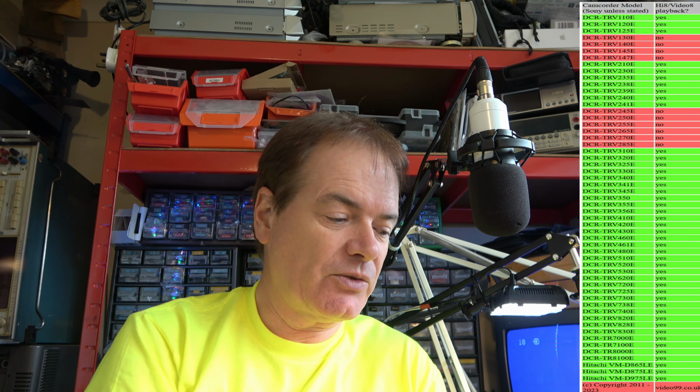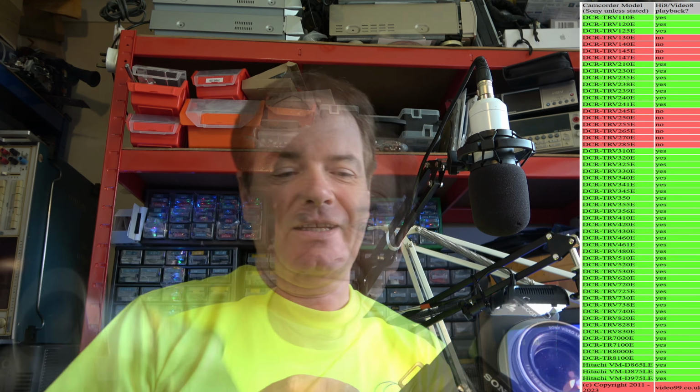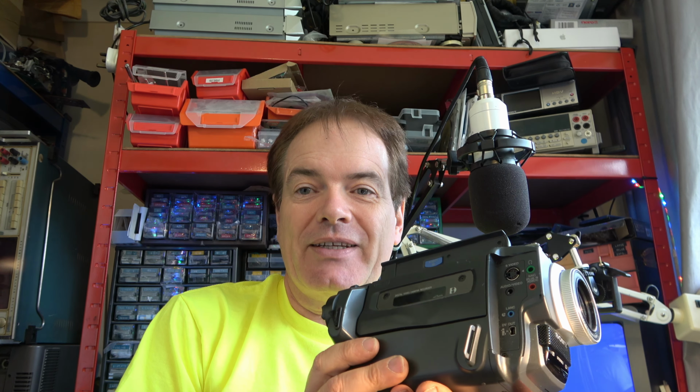Most camcorders do so, and I'll provide a link down below for my webpage where I show which models of camcorders do and don't play digital analog tapes. Here's one which doesn't. Model TRV 140E, so that's the 120, this is the 140, and you think, oh, it's a later model, bound to do it. No. If you put an analog tape in there, it just won't play anything. So don't get caught out with them. They're not worth anything. So back to our TRV 120E.